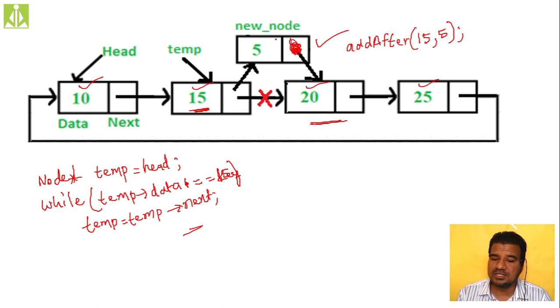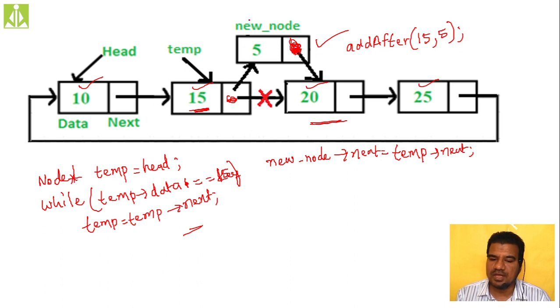Then temp of next equals to new node, temp of next means this one, that is new node. These two statements only we are writing over here. This node's address will be available over here.